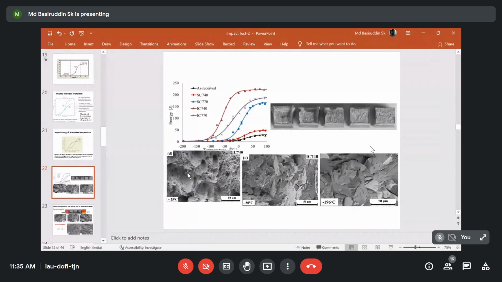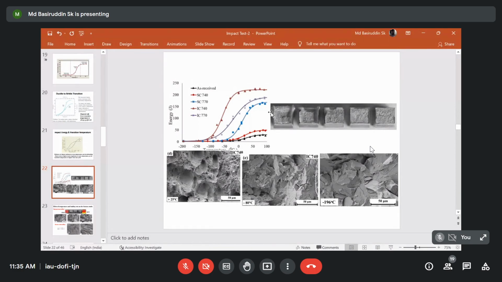If you see the load versus displacement curve, you will find that at high temperature the area under the load versus displacement curve will be more compared to the curve at very low temperature. Okay, so that also helps us evaluate the impact energy at low temperature as well as at high